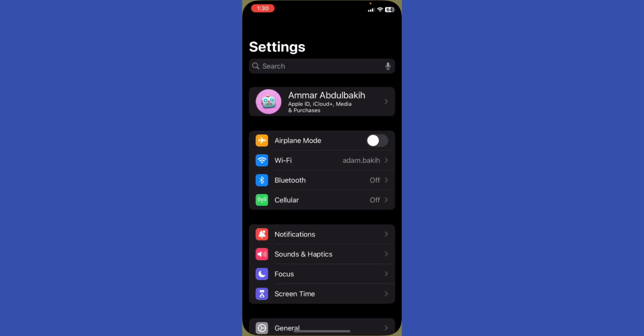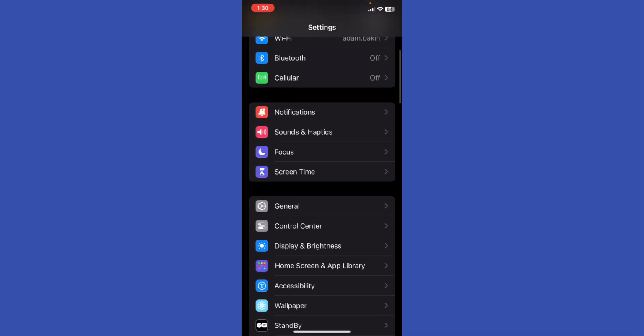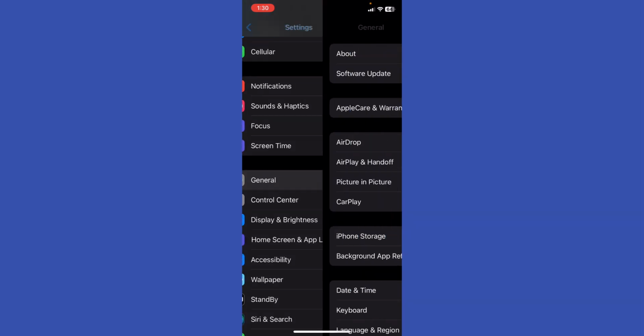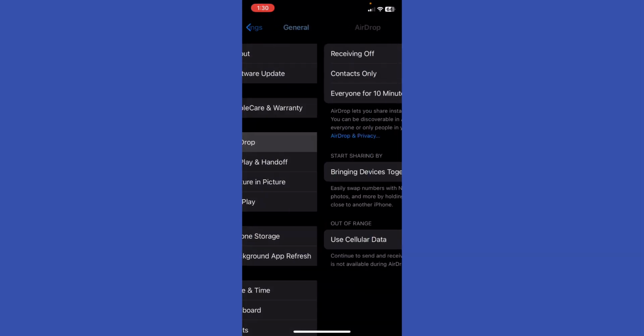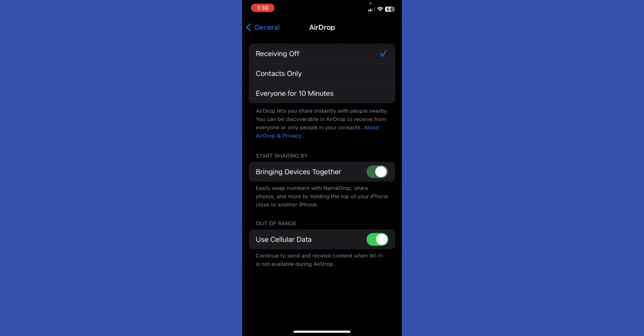So first of all, just go ahead to your settings. And what I'm going to do here in your settings, I'm going to go ahead to General and then go ahead to AirDrop. In AirDrop, you're going to toggle off Bringing Devices Together, and that